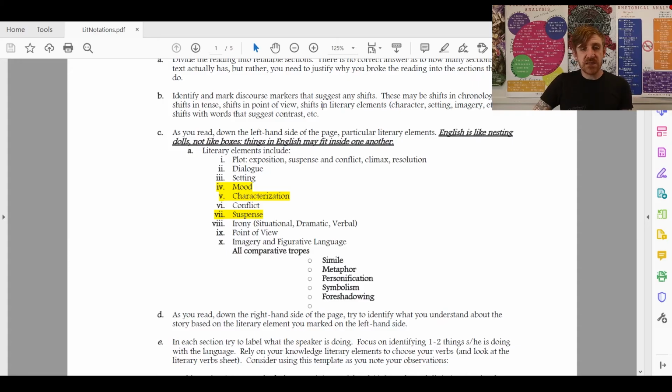I just have kids read, and as they read, if they notice literary elements, then boom, you just mark the literary element on the left-hand side. Just make a little note of it. If it's a metaphor, you can just write MET. If it's a simile, you can write the word simile out there. If it's foreshadowing, you can just write foreshadowing there. Whatever the literary element is, that goes on the left-hand side. It's nice and concrete. If they notice it in the text, boom, they've made a mark, and then we're gonna